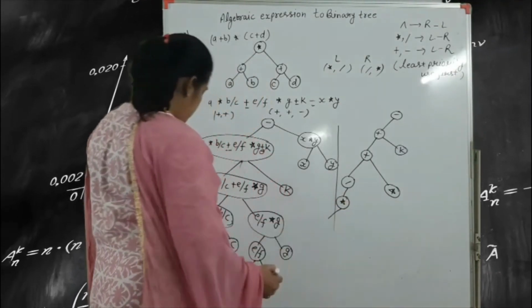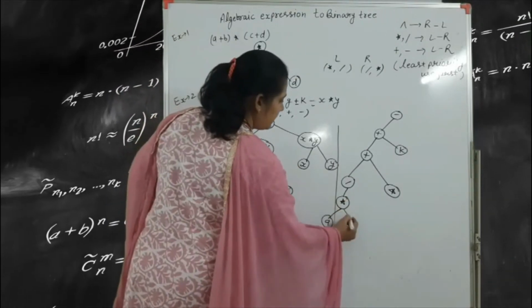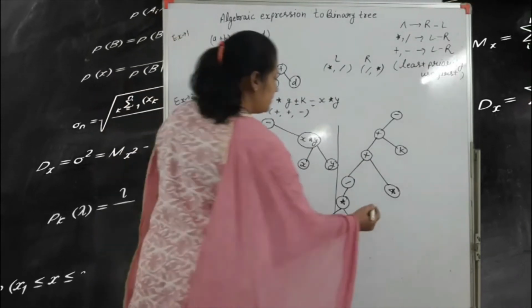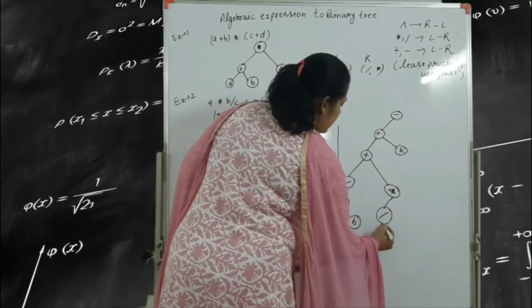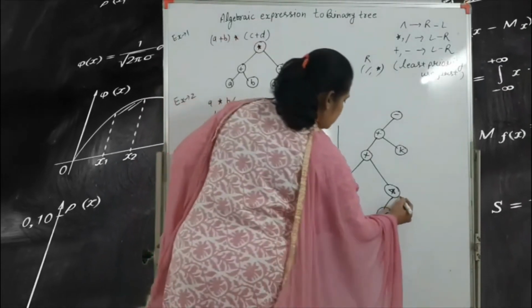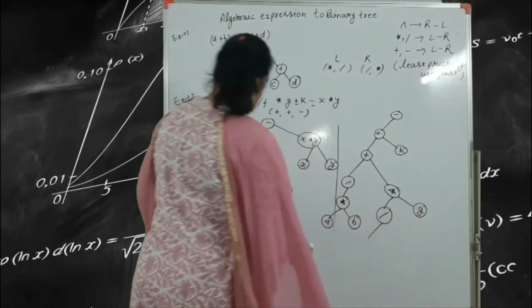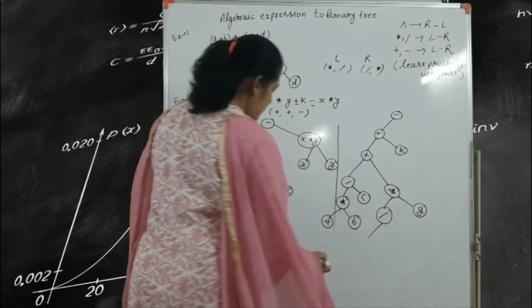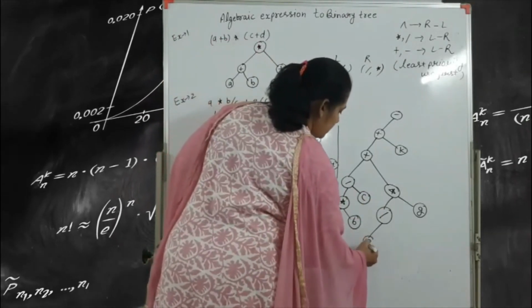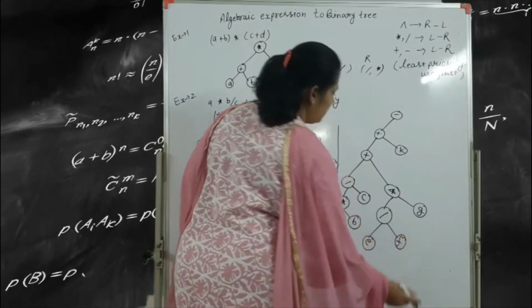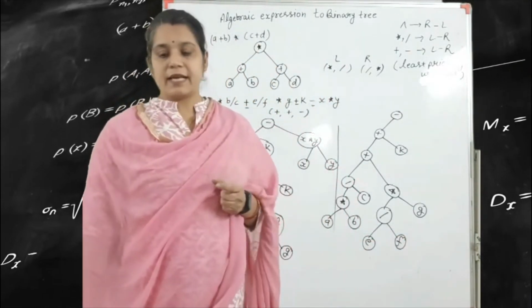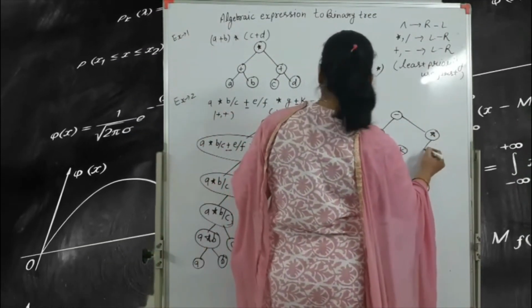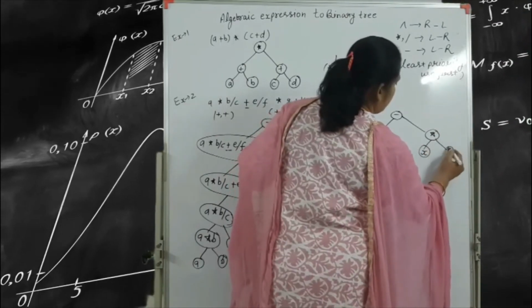Got it? And here according to star we write here A and here we write the B. Got it? Okay. And according to this slash we write this slash sign, and according to this slash sign we write here the G. Okay, and according to this slash, we write here the C. Okay, for this slash sign we write here E, and here we write the F. Okay, so this is the algebraic expression, and this is the star, and for this star we write here X and the Y. Got it?